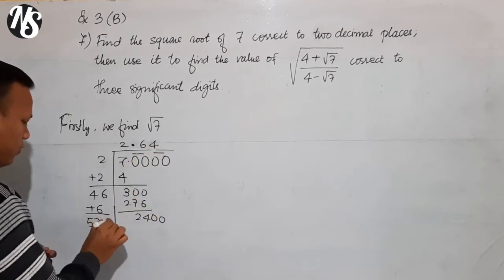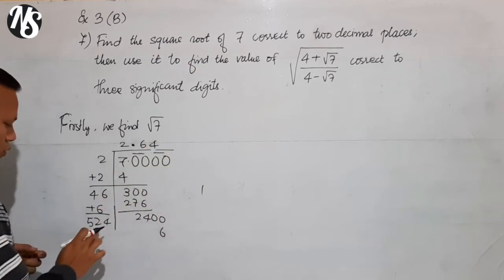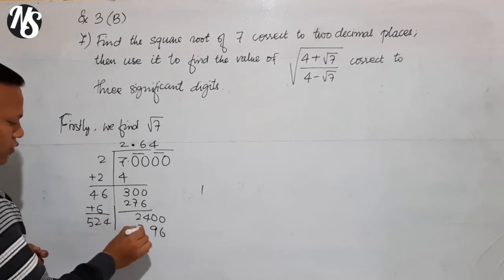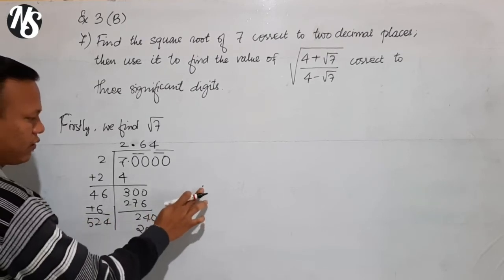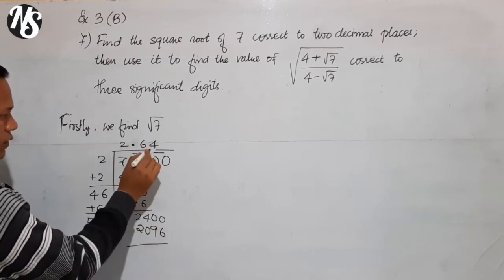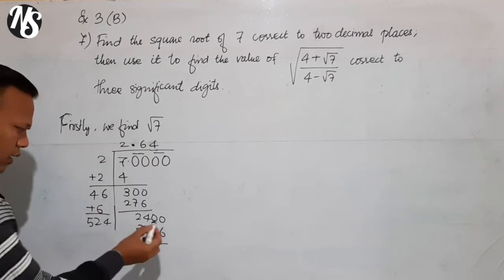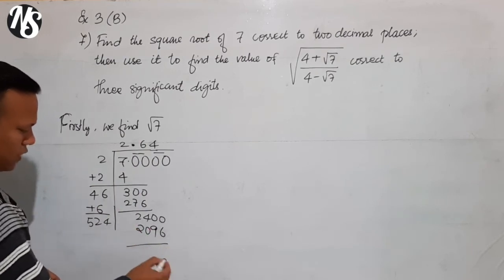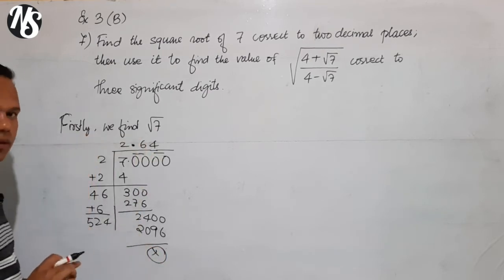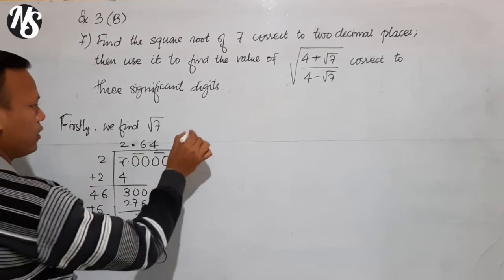If I do 4 times, 4 fours are 16, carried over 1. 4 twos are 8 plus 1 is 9, 4 fives are 20. So that means exactly you can divide 4 times. So let's subtract. After decimal we got exactly 2 digits here, so no need to add here anything. So this is okay. Find the remainder by yourself. It's not necessary also. I am just interested in the quotient, isn't it? So we got, therefore,